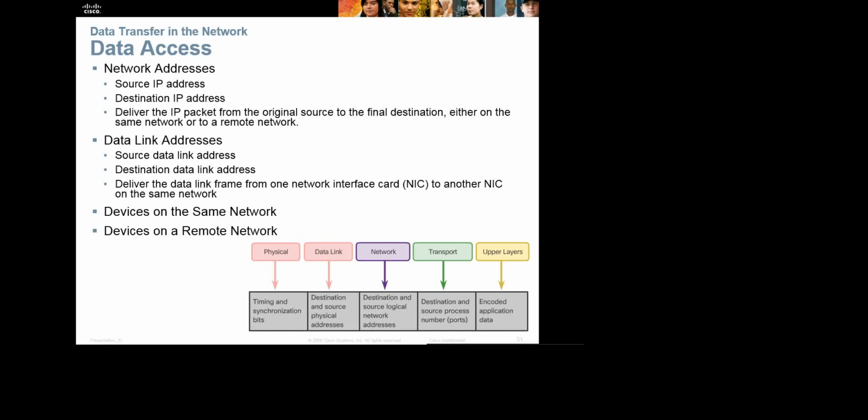So the next little section talks about addresses, so the network address, the source IP address, the destination IP address. IP, we've seen IP now, it's one of the protocols, right? And it's to do with the addressing. It's pretty low down the list, it's not towards the top. Its purpose is to deliver the IP packet from the original source to the final destination, either on the same network or to a remote network. So now we've split it into two categories. Sometimes we're on a local network. That means we behave in a particular way. Sometimes we need to send stuff across another network, and we need to behave slightly differently